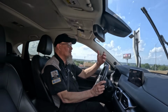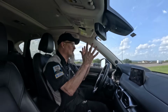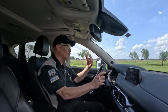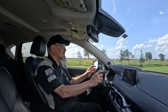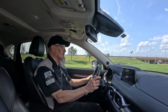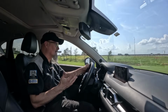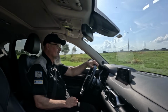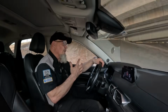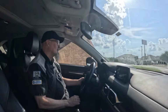You know, once you do that initial learning, you shouldn't take it out and drive it like you stole it, because then it's just going to mess up the fuzzy logic. You know, give it some time. Drive like a normal person, and it will relearn the way that you drive it. It'll shift fine, and that's what it's doing. It's shifting fine. I was kind of worried because I was driving it, you know, 20 miles an hour on the lift. I didn't want to accidentally drive it weird or something like that and make it want to shift crazy or something. But